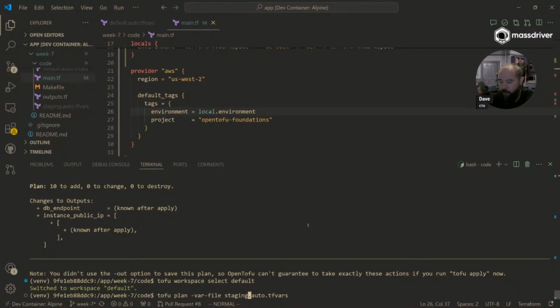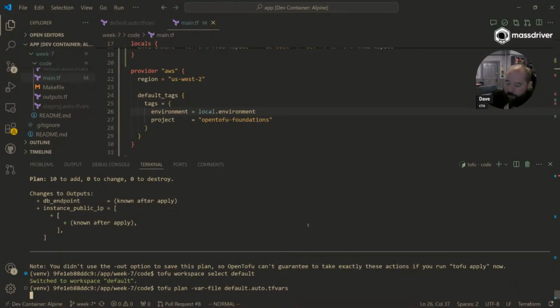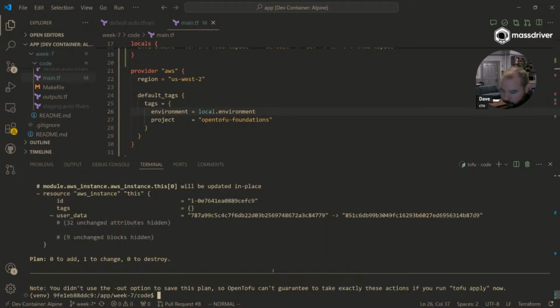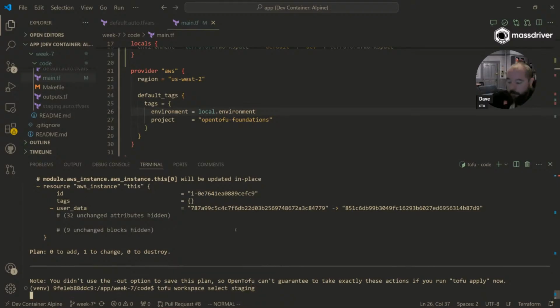and we plan with our default auto.tfvars, we should see that same clean plan. Yep, same plan. Okay, so we're backwards compatible, which is great. So now if we go back to our workspace,